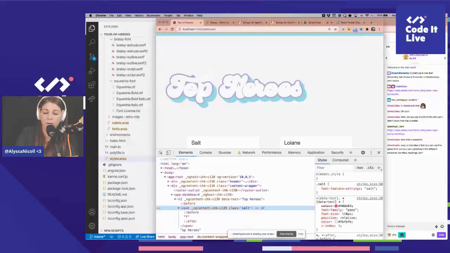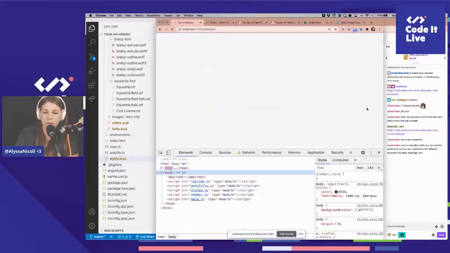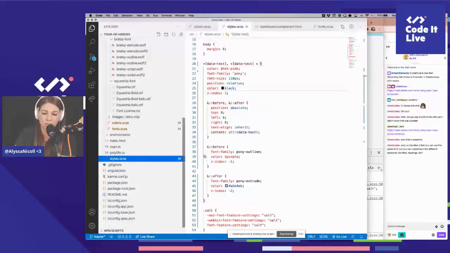There we go. Okay, the next problem that I see is that our before and after elements aren't salty, just our normal element. That's why if I actually change this from FB to like black so that you can see what's going on, there should be this big swash here, which is the salty part. But the behind here, the outline and the extrude are not getting the salty part, which makes sense. So